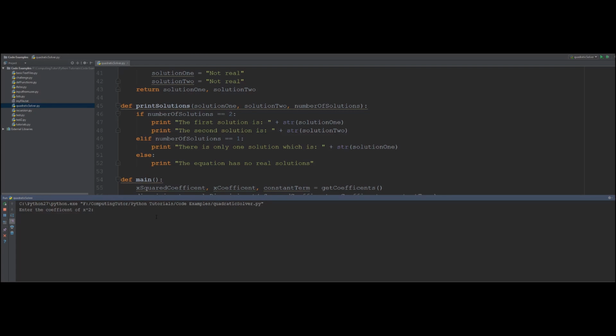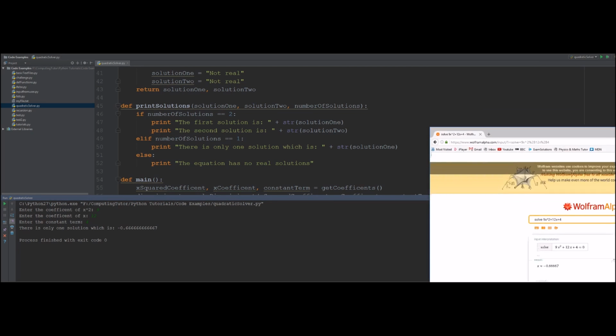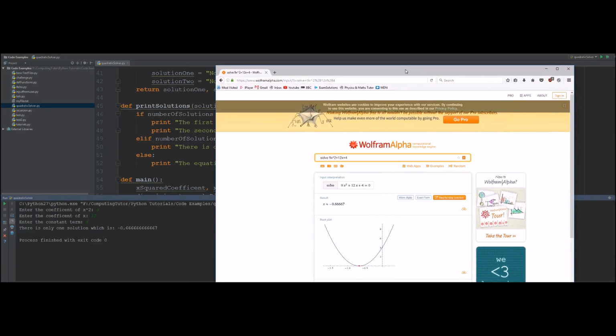So I've got one that has 1 solution here. The coefficient of x squared is 9. The coefficient of x is 12. And the constant term is 4. And that's given us our 1 solution. If we have a look at that solution online, we can see that that is indeed the correct solution